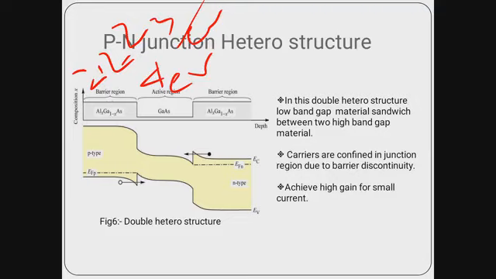Now if we apply an external potential, what will happen? This is the intrinsic level, active region. Suppose the P terminal is connected to positive, this is the positive terminal and this one is the negative terminal. So what will happen, this level again goes up due to potential energy equations. We are getting this kind of diagram. So now after forward bias,